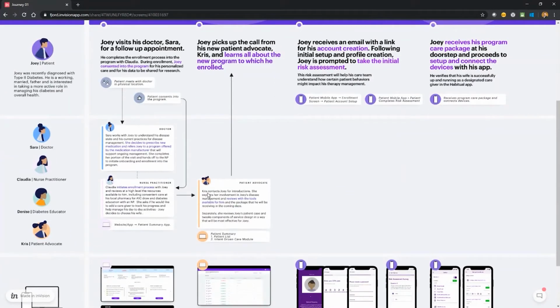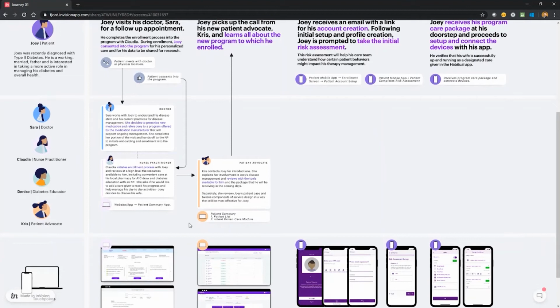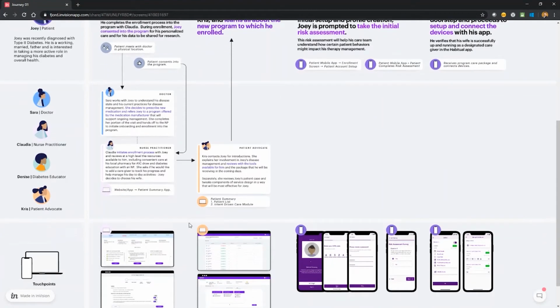Sarah, while visiting with Joey, works to understand his disease state and his current practices for monitoring his current therapy. She decides to prescribe new medication and also refers Joey to a program offered by that medication manufacturer that will support his ongoing management and empower him with tools to support the therapy with even a little bit more power. Sarah hands it over to Claudia to initiate the enrollment process while Joey is still there